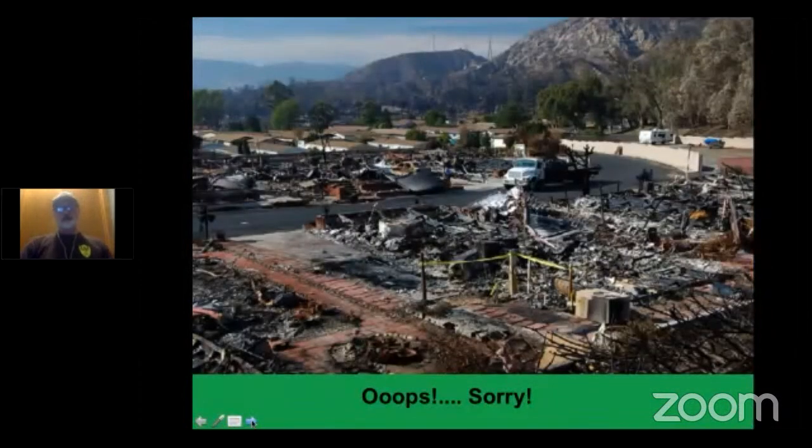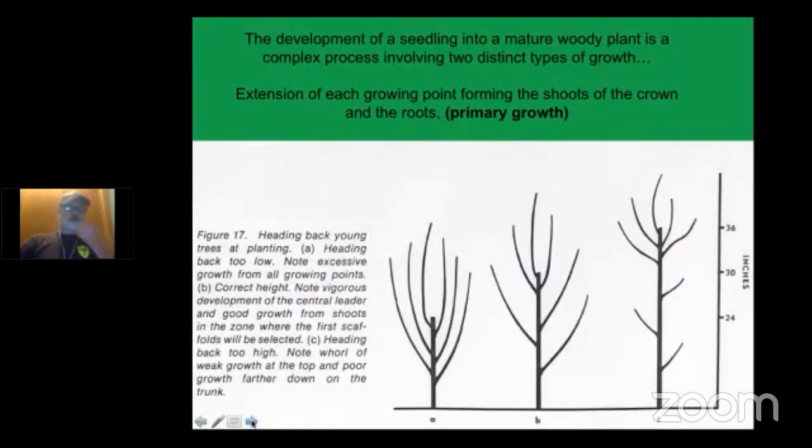I'm an ecologist. I study nature. I'm going with that definition right there. All right, so we're talking about our plants. Seedlings grow into mature woody plants. It's a pretty complex process, but there are two specific, distinctive types of growth. One is the extension of the growing points that forms the shoots and a crown. And if my finger here, if you guys got me on the webcam, is a woody plant,